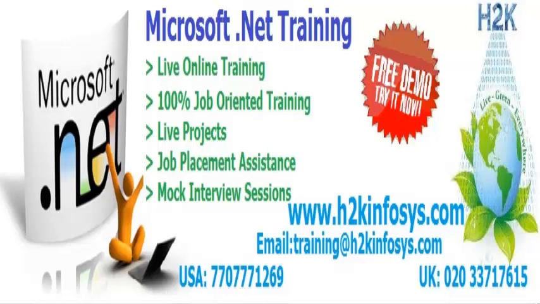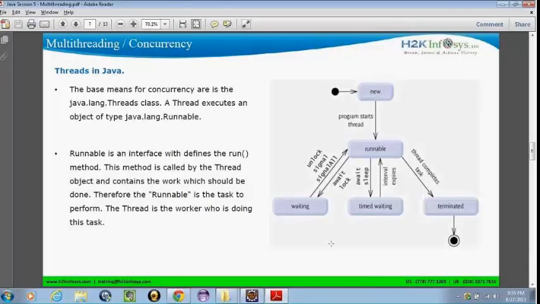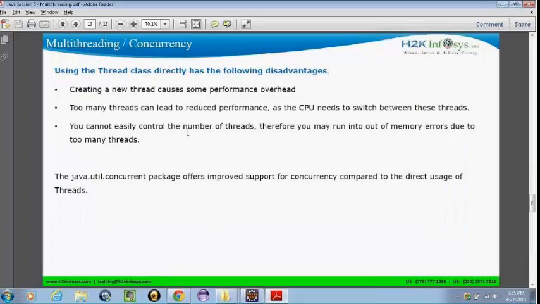Okay. So the performance will be same because anyway the thread is implementing the runnable already, right? Yes. But the performance gets hit whenever we are trying to create multiple threads. See, actually what happens is, from the performance standpoint, if we create a new thread, it causes a performance overhead. That is the end slide we're going to discuss about anyway. I don't want to confuse people by mixing it.